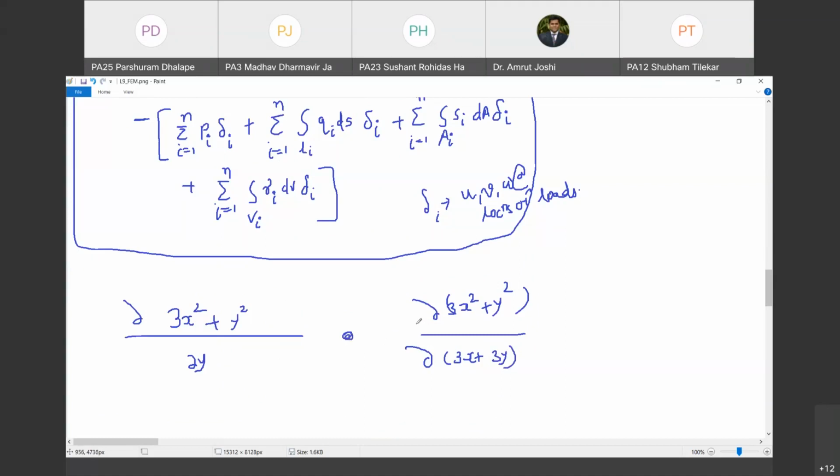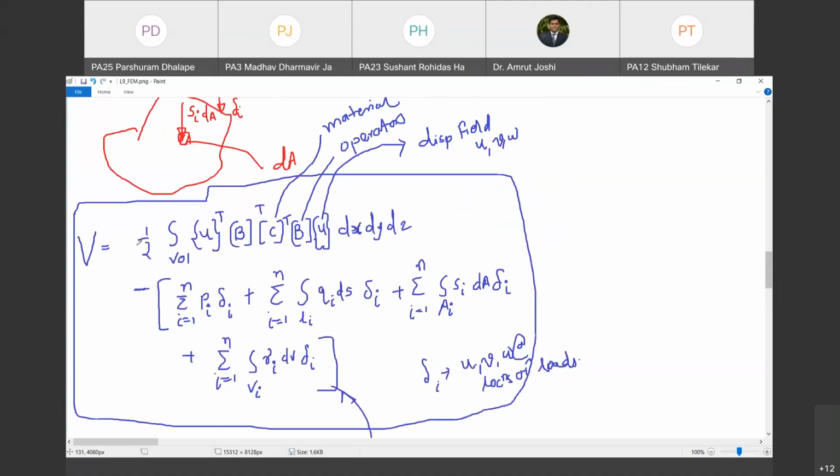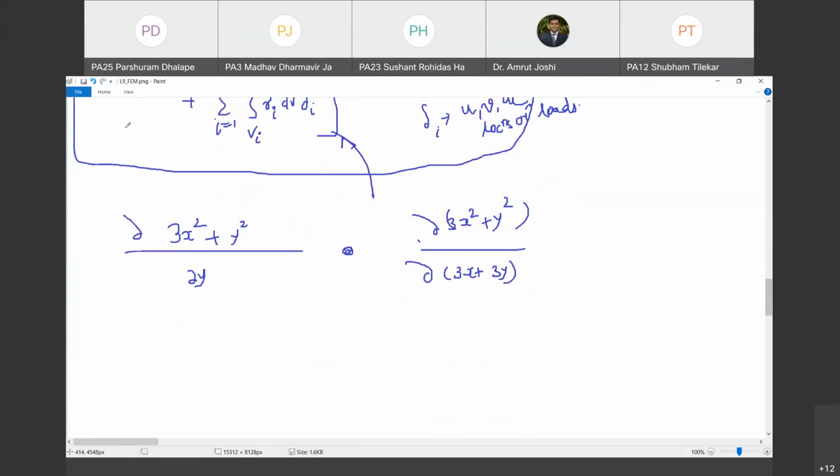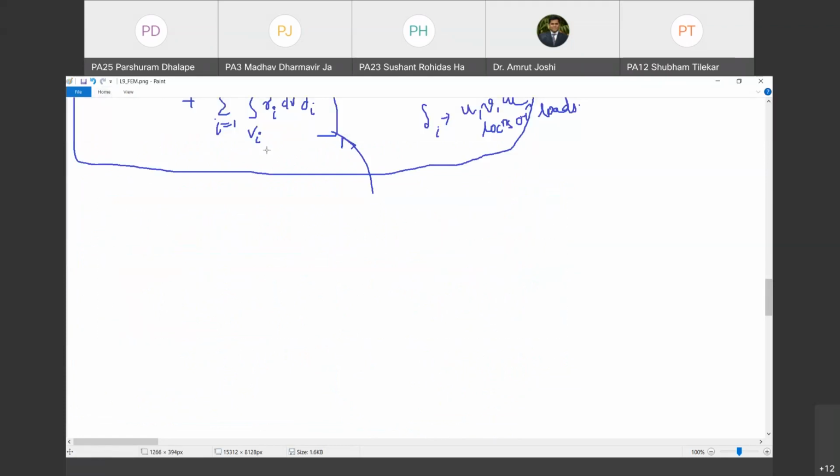So this is something similar, because if I have to minimize V, I have to take its differentiation with reference to U, V and W, but U, V and W themselves are functions. So how do I take the derivative of potential energy with reference to a function of X, Y, Z is the question that we have to answer now. Are you with me? Please type your response in chat box. I am waiting for the responses. Yes.